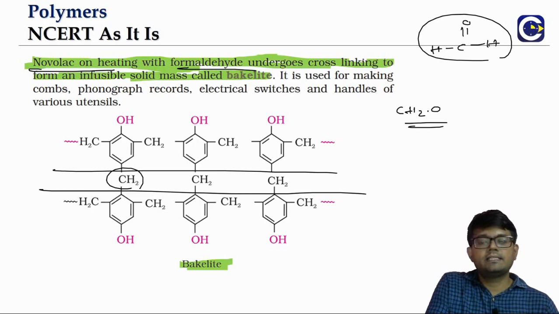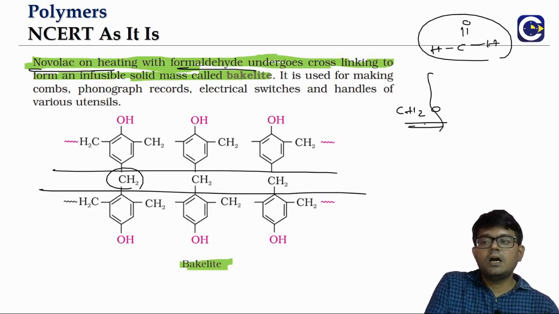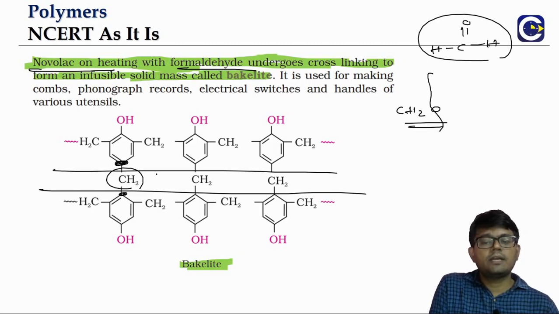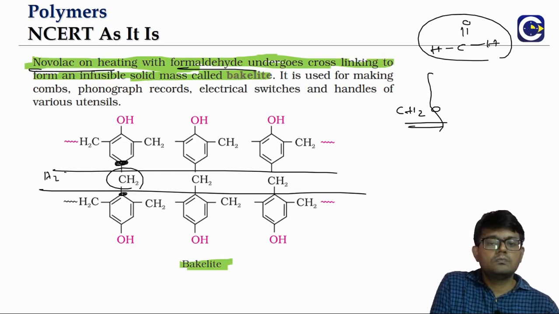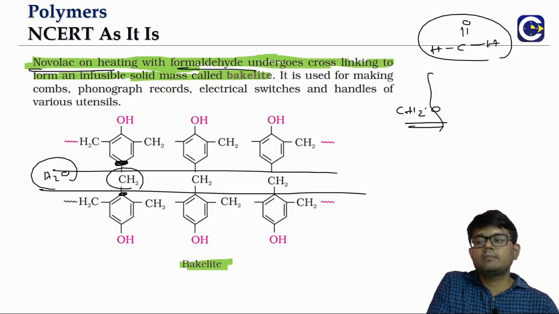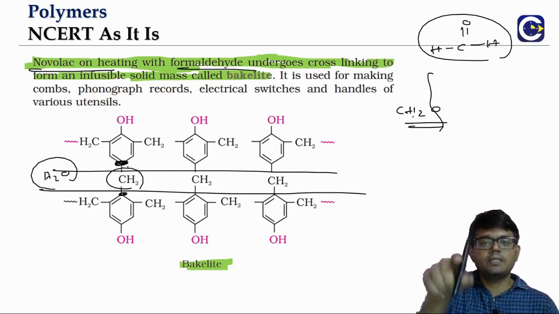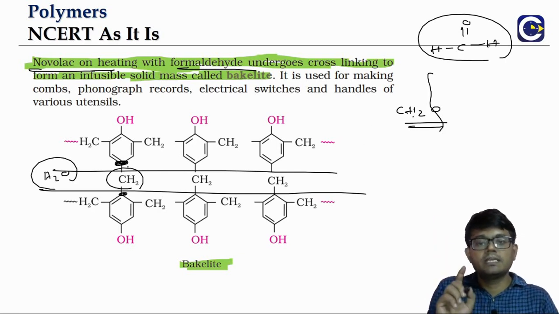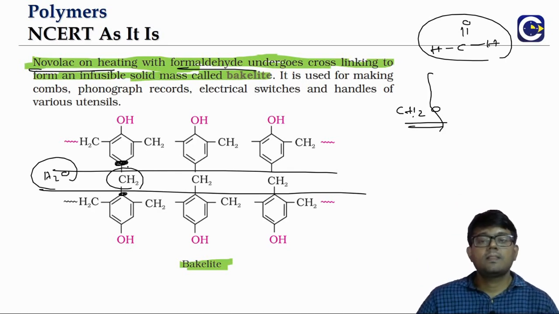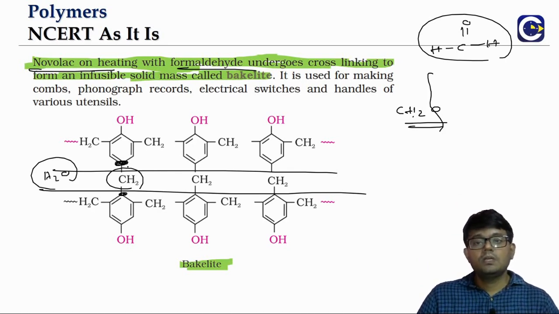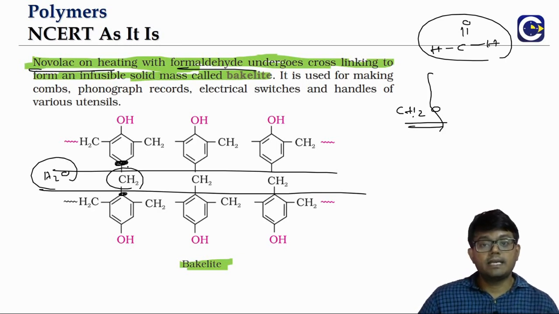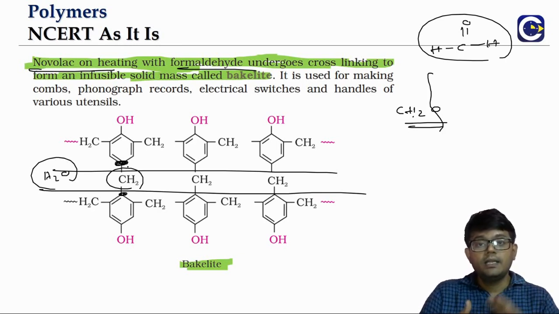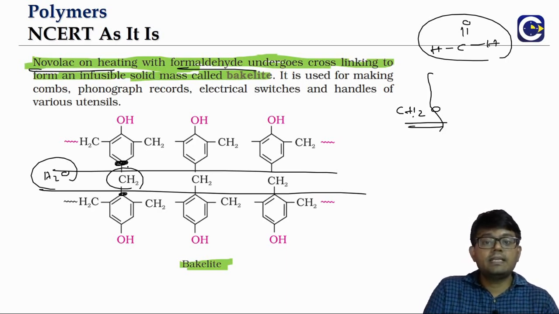We can write it like this, right? CH2O. From this the oxygen is removed, from a carbon over here hydrogen, carbon over here hydrogen. Totally water will be removed. Thereby the CH2 linkage will come here, in between the Novolac linear chains. We will get a CH2 linkage. This is the Bakelite formation. So the infusible solid mass Bakelite will be formed when we are mixing the Novolac with some more formaldehyde and then heating it. And this is the reason why we are able to get the excess cross linking.